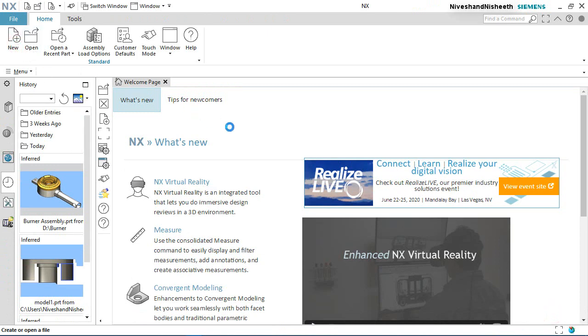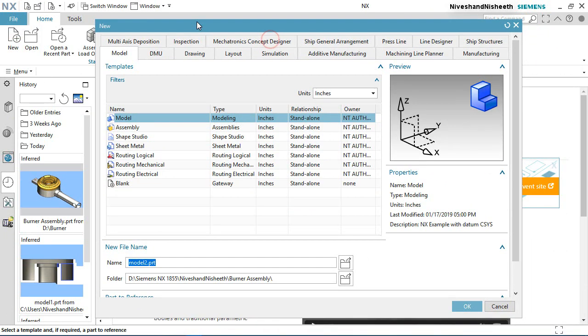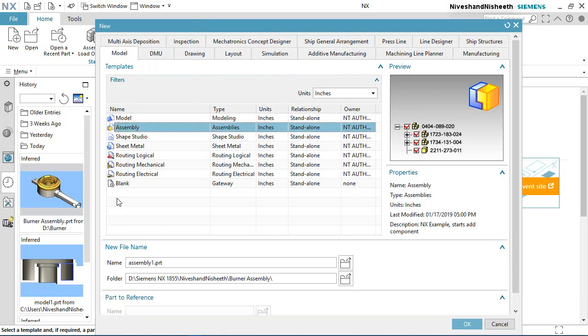Click New button. New dialog box is visible here. Click Inch assembly file. Set the assembly name burner assembly. OK.